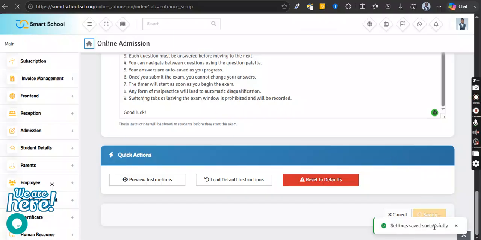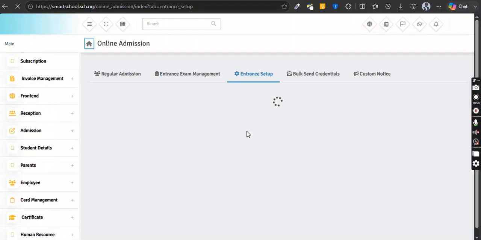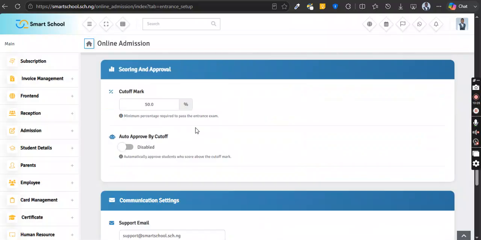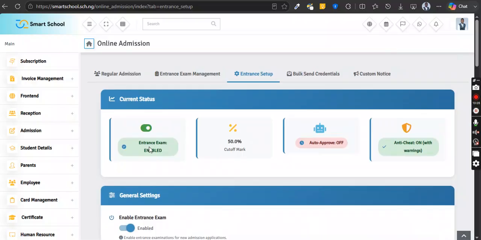You can see settings saved successfully. Then you wait for the system to load so that your entrance exam is automatically set up. So you're going to see the difference in the portal now. You can see that this one is enabled: auto approval on, warning threshold, cutoff mark 50. It has been set up. So this is how you set up your school entrance admission portal. So we are now ready to accept